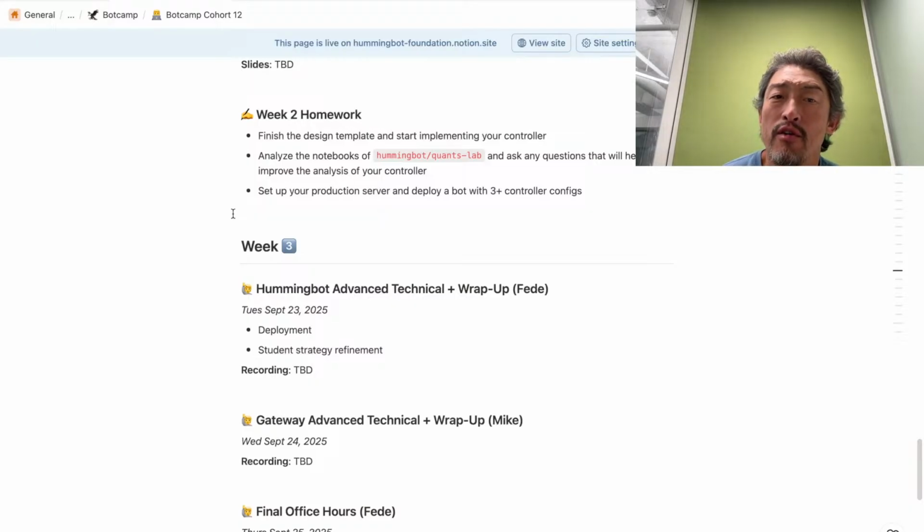By the end of week 2, you should have a really good understanding of the open source framework and how to customize it. Starting in week 2, we'll really try to help students transition and flesh out their custom strategies in the template, implementing them in code, and building something like the leader-follower strategy I showed earlier, which is a really impressive strategy that can help you in your career, no matter what it is.